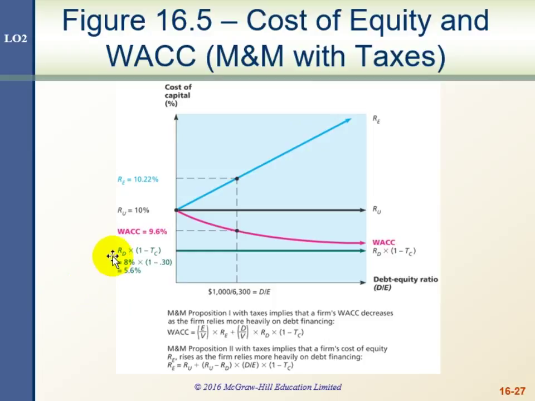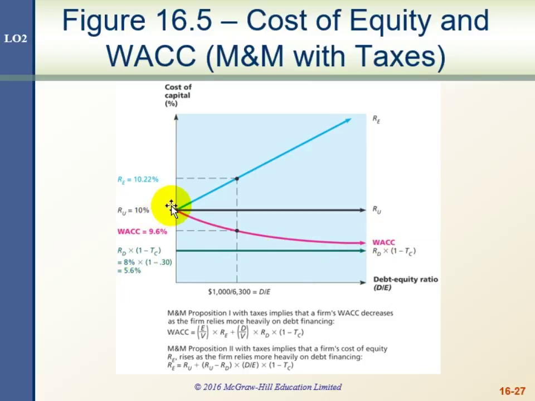We're assuming we have risky debt earning an 8% return. Our tax rate is 30%. So that gives us a measure of the return on the debt, and it also stays the same no matter what the debt-equity ratio is. So it's not impacted by the debt-equity ratio under the assumptions of M&M 1 with taxes. So what this tells us is that the return on the equity goes up with financial risk, and the return on debt does not.